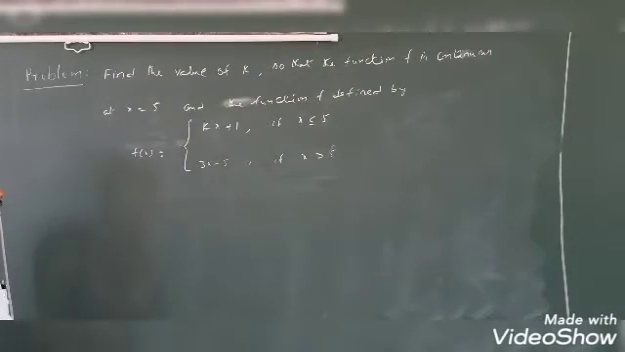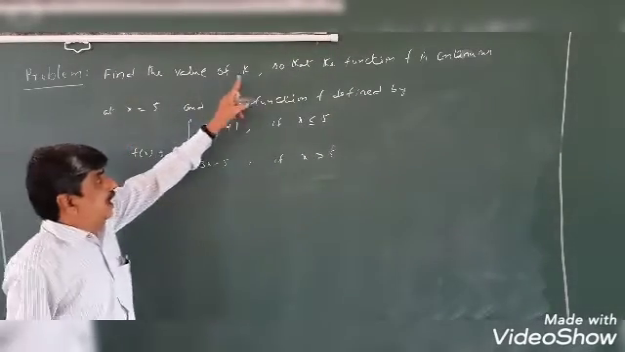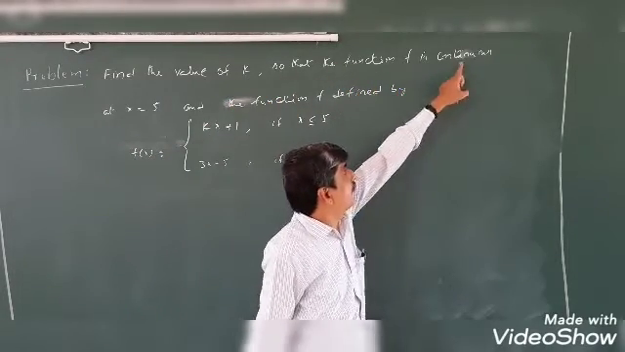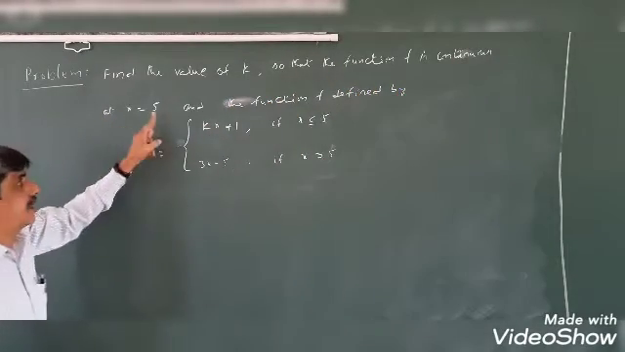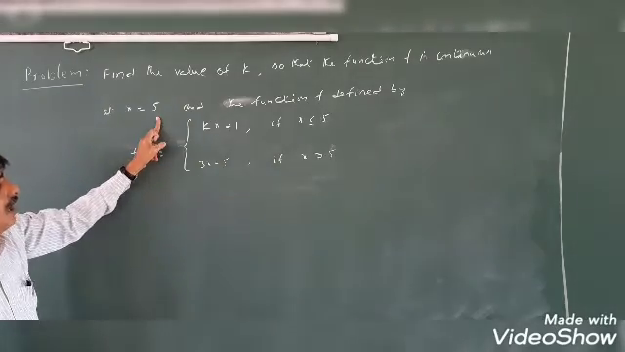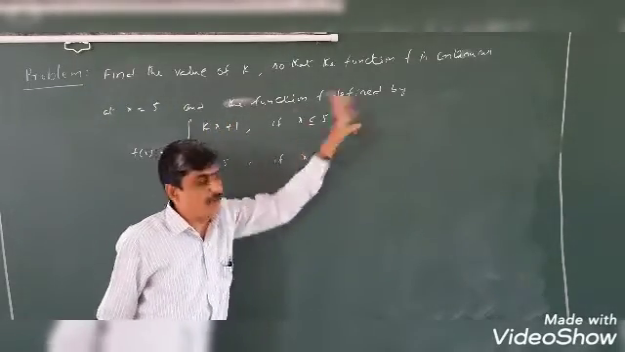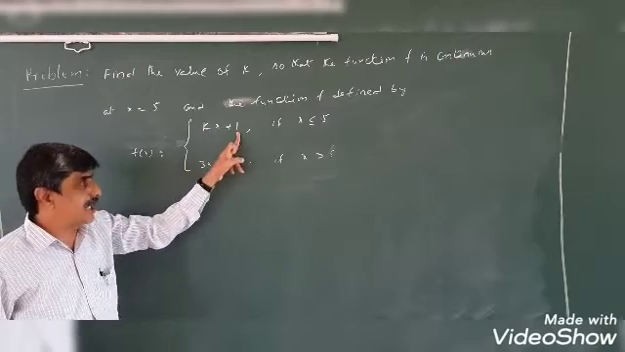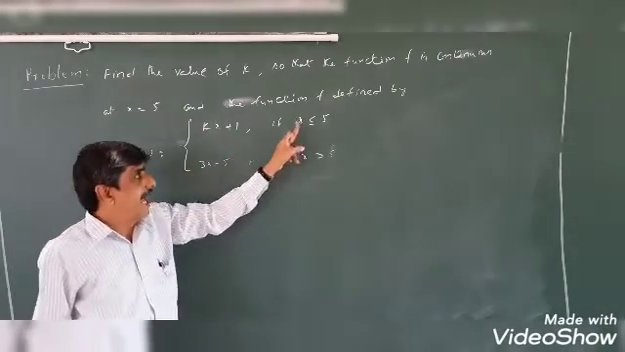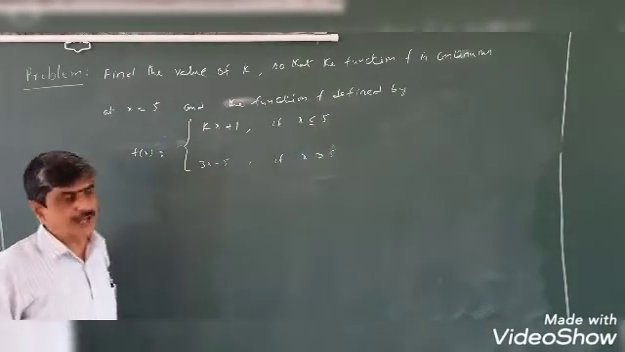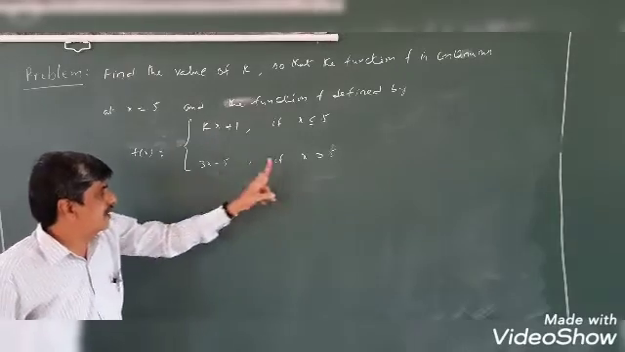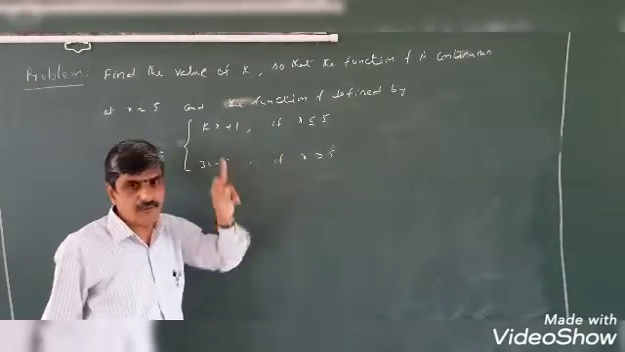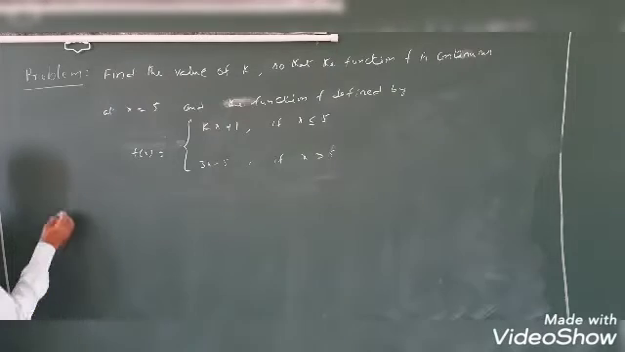Next numerical. Find the value of k so that the function f is continuous at x is equal to 5. The function f is defined by f of x is equal to kx plus 1 if x is less than or equal to 5, and f of x is equal to 3x minus 5 if x is greater than 5. So here also given